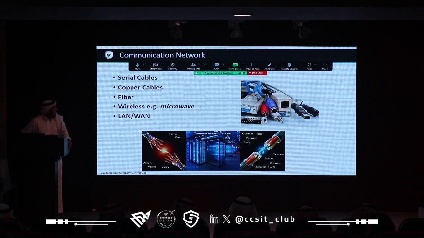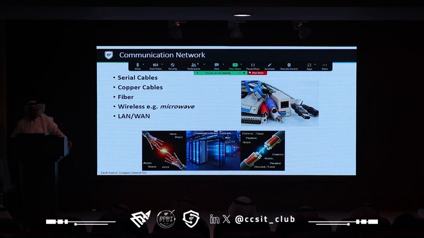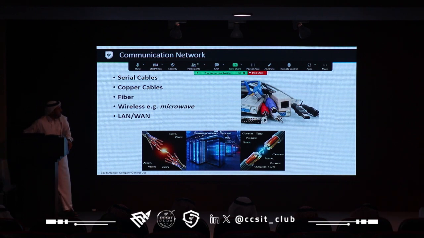If you look to the media communication, OT is using all media: serial cables, copper cables, fiber, wireless, microwave, LAN. For offshore and inside the seas, most of it is using microwave to communicate with the central station. Also, we have different network architecture, LAN and WAN, in this OT environment. If you look,